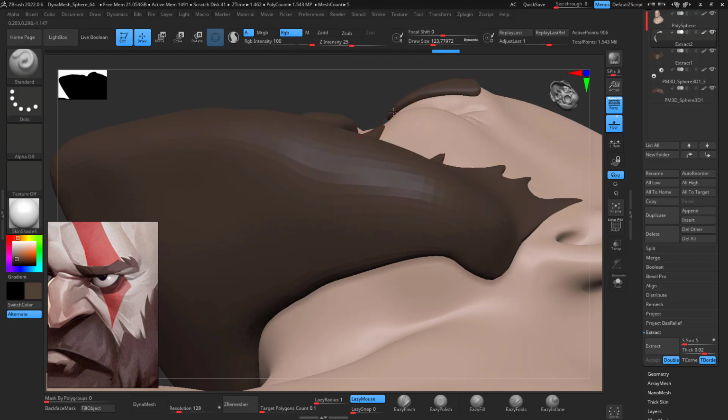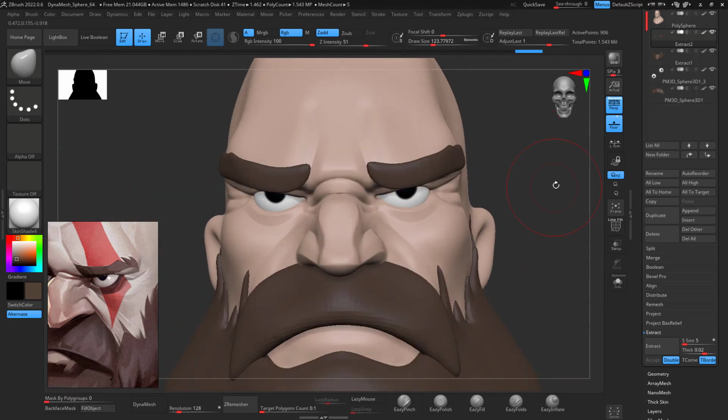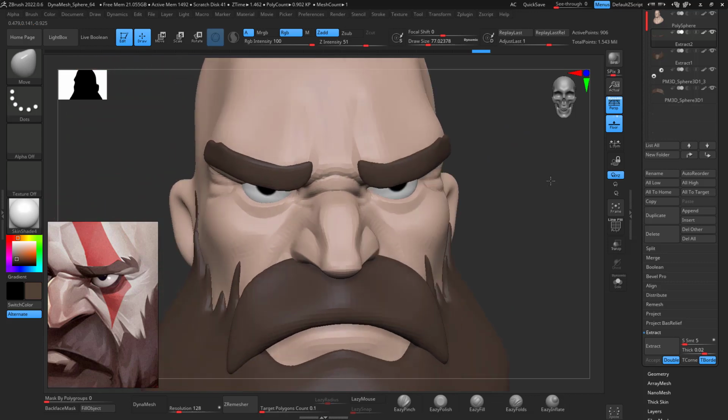Let's make this in right there. Fill object. Let's move this one out. Sorry for the early noise, my kids just got home, so